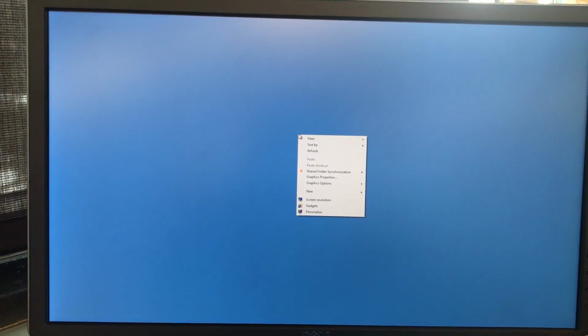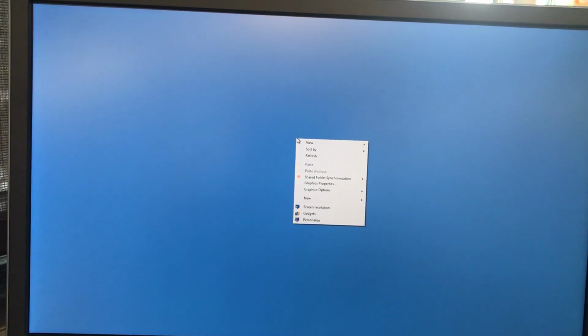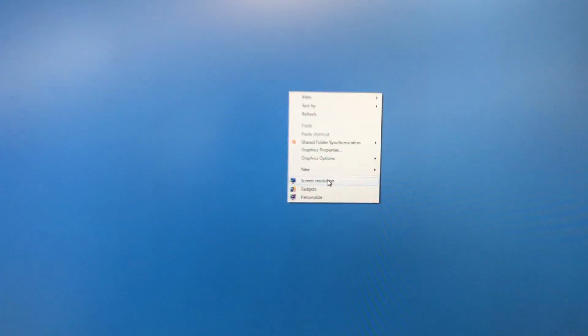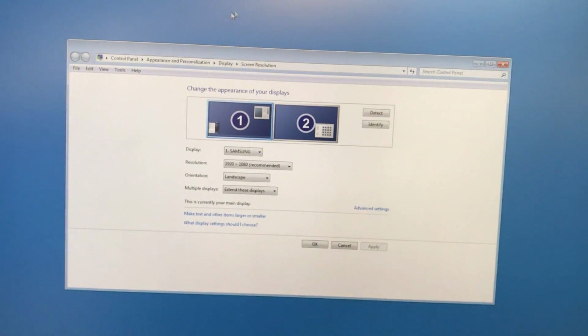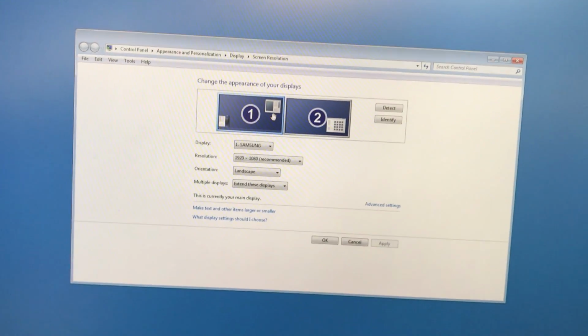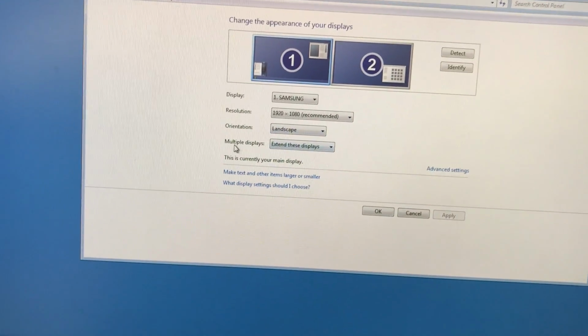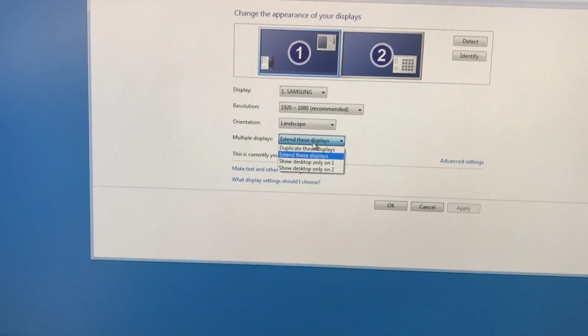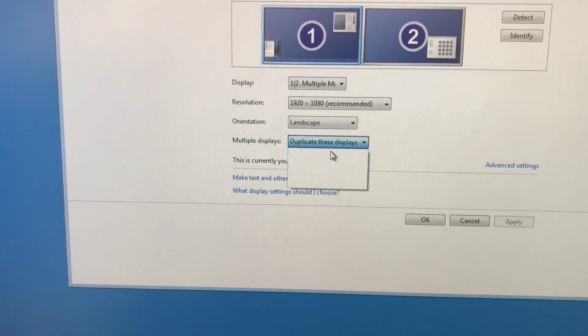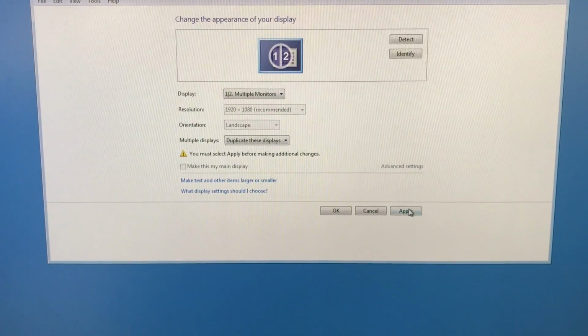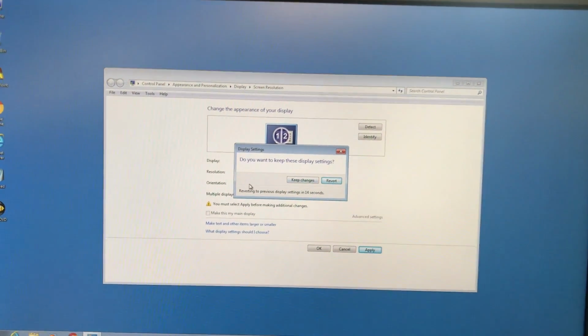So all I have to do is right click and then go down to screen resolution. I'm going to zoom in here on this. Screen resolution. So again, it's right click, click on screen resolution, and you'll see here it's showing the two separate monitors. What we want to do is go down to multiple displays, click the drag down menu, and click on duplicate these displays. So we click on that, click on apply, and it'll go blank as it's reconfiguring, and then